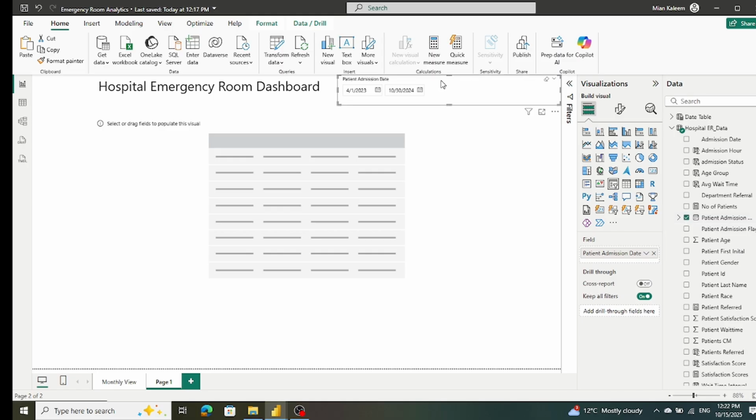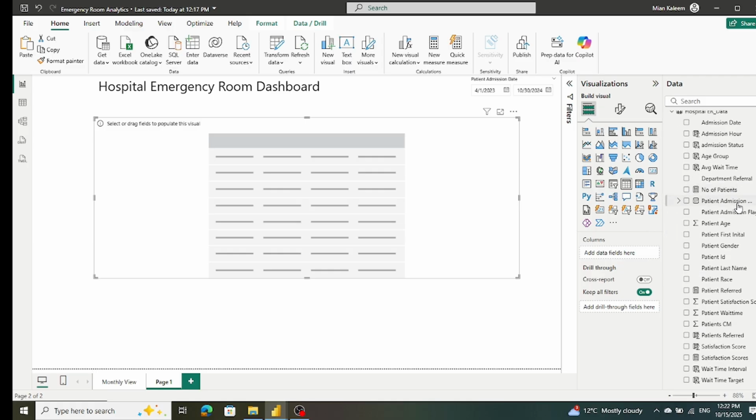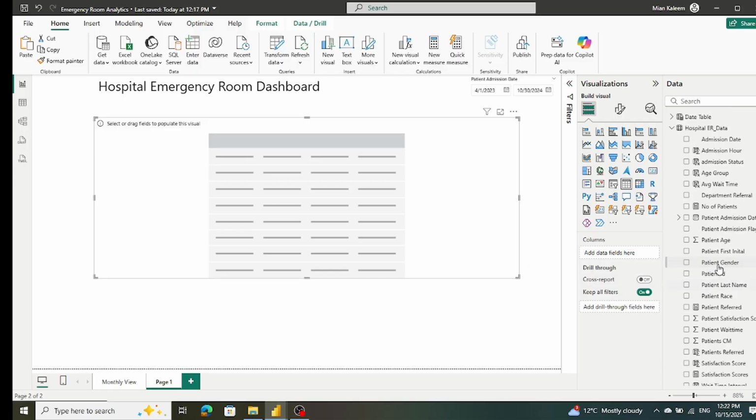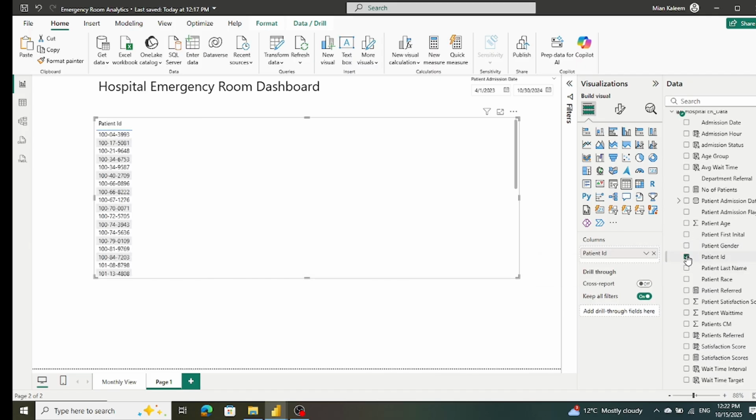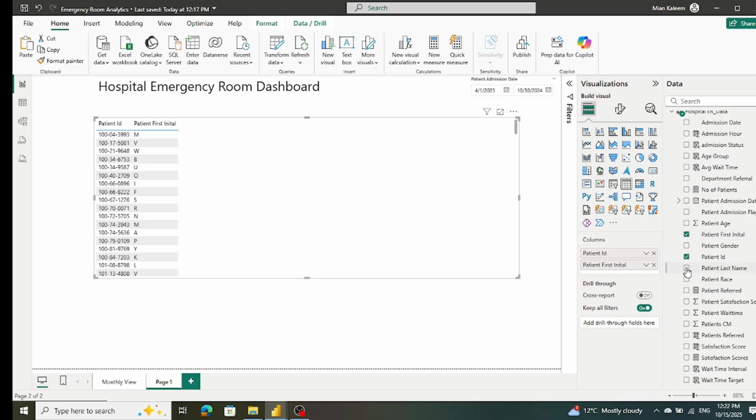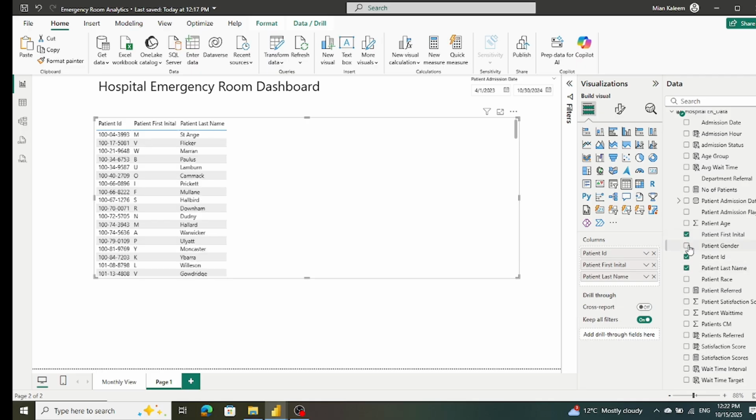Yeah, that's what we will use. And in this chart we will use patient information. Patient ID, patient first initial, patient last name, patient gender, patient race,